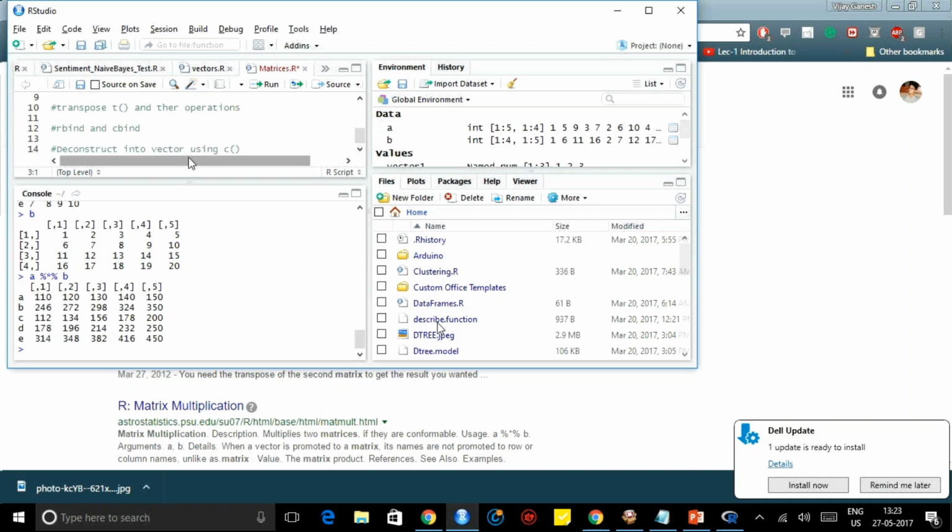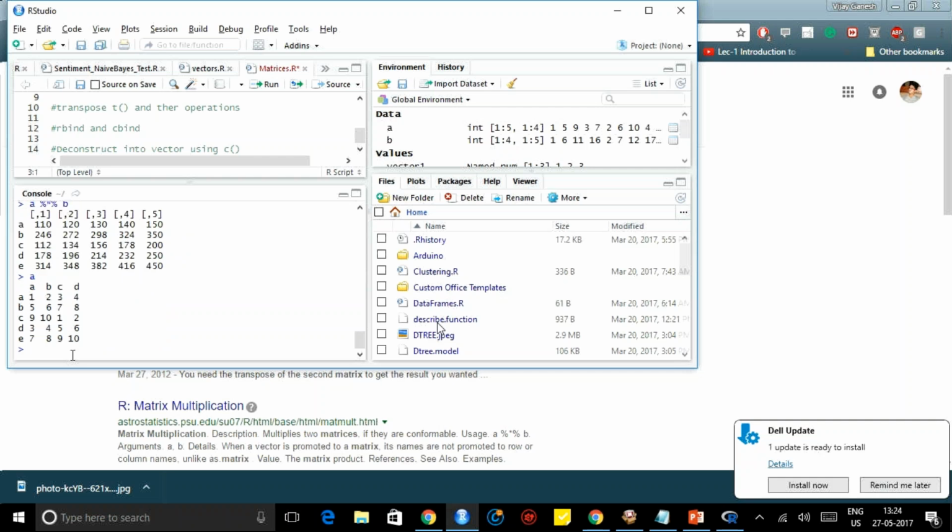Okay. Other than that, there are things called R bind and C bind. For example, R bind is row bind, C bind is column bind. So we have a matrix A, and we want to combine it with another matrix, both row wise and column wise. You can see, C is R bind of A comma A. Now if you see here, row wise it is a matrix. It is like merging two matrices.